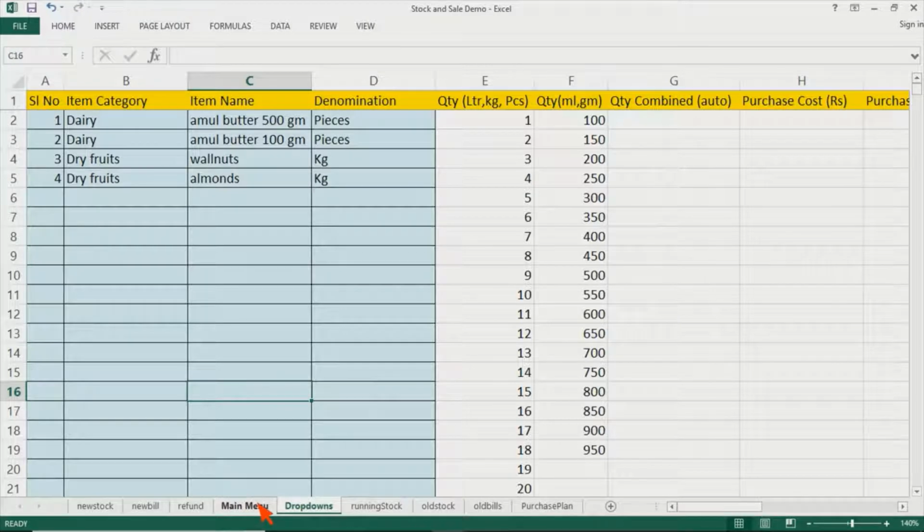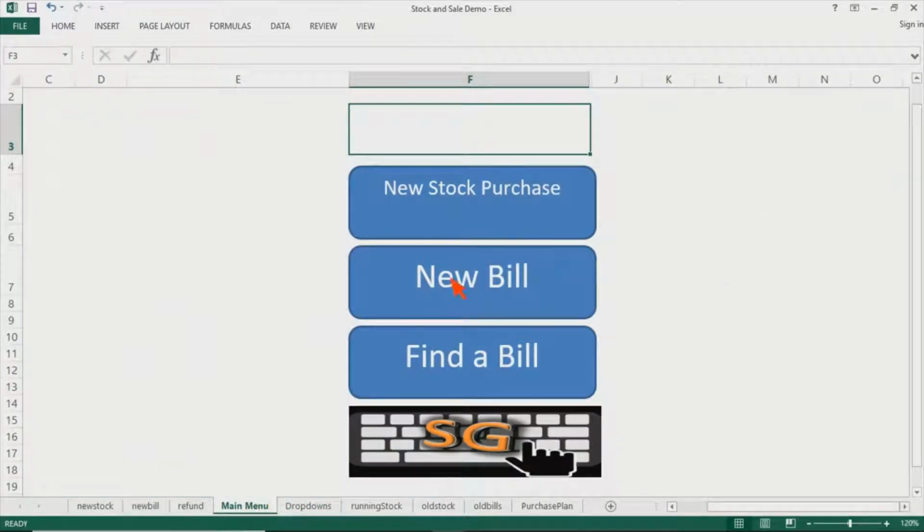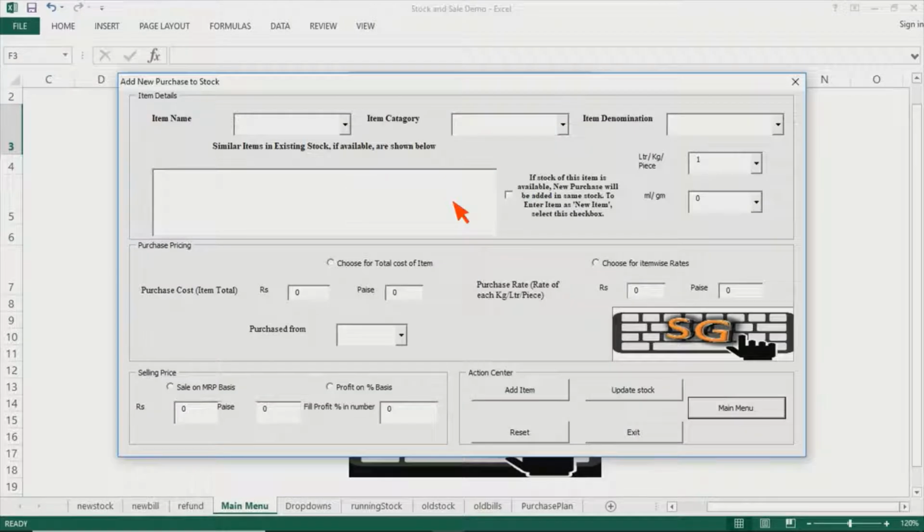Coming to the main menu now. These are the three tabs, rather buttons, that are utilized for the purpose. Now you, as a shopkeeper, have brought new stock today and you want to enter all those items. So let's start entering the items. But before that, let us see what areas are there in this particular form.